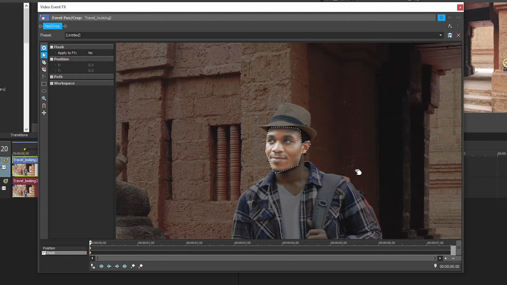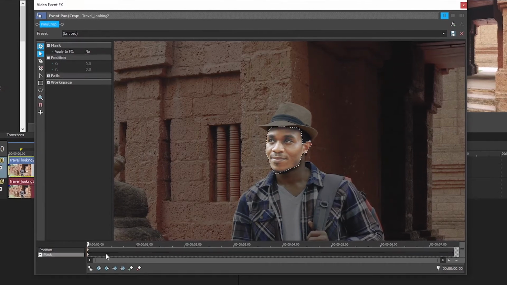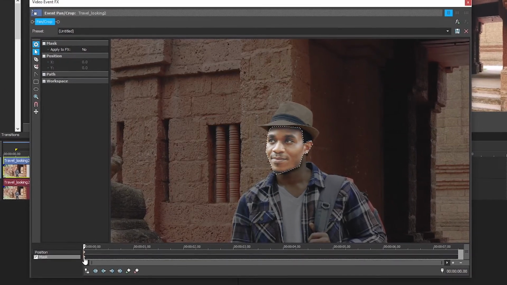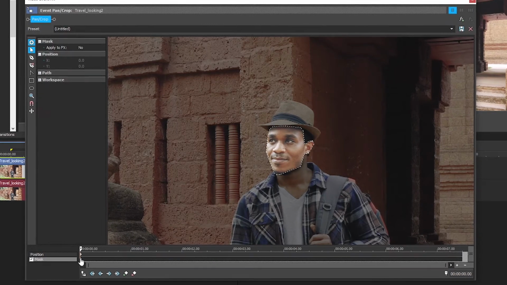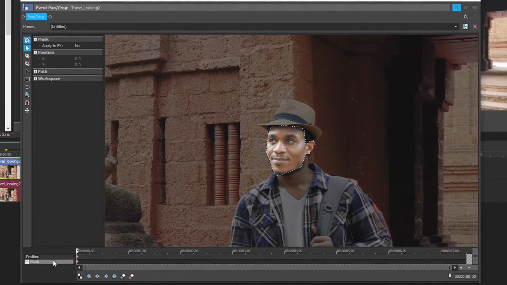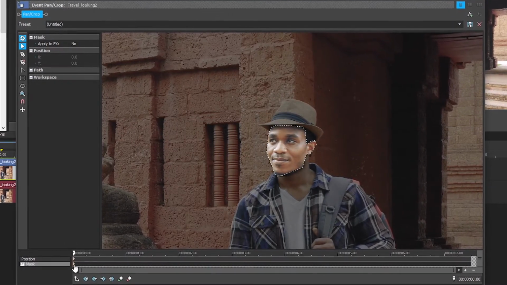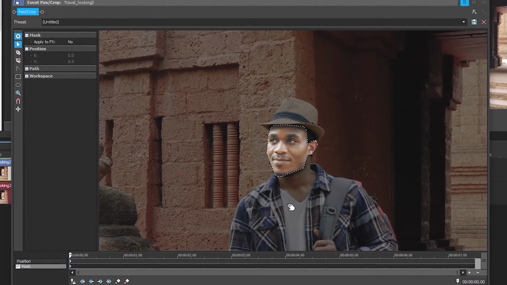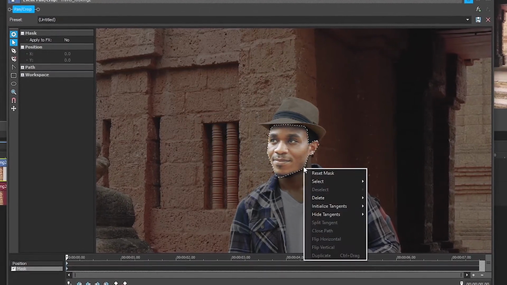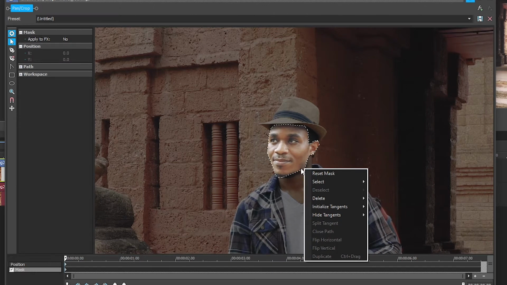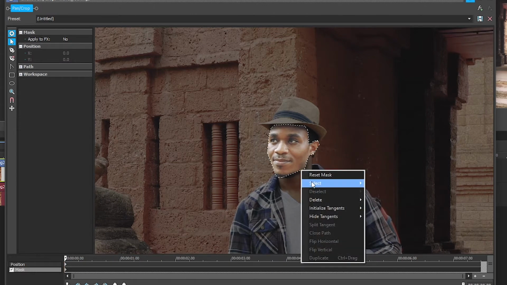Kind of looks weird. Wow. Trust me, we're getting there. Make sure you select the first keyframe, yeah, the last one down. Select that, and now you're gonna right click on one of the lines and go to select, and you want to go and select all. Click on select all,